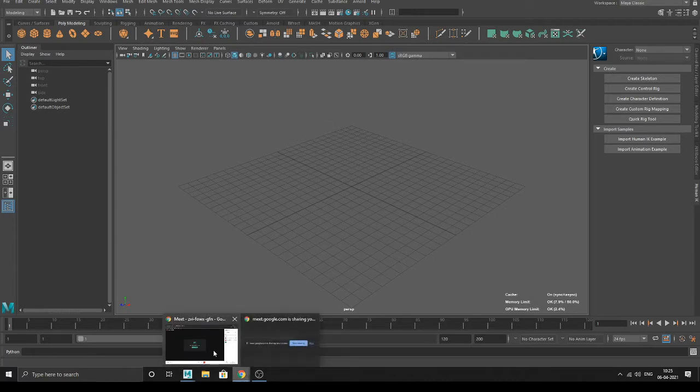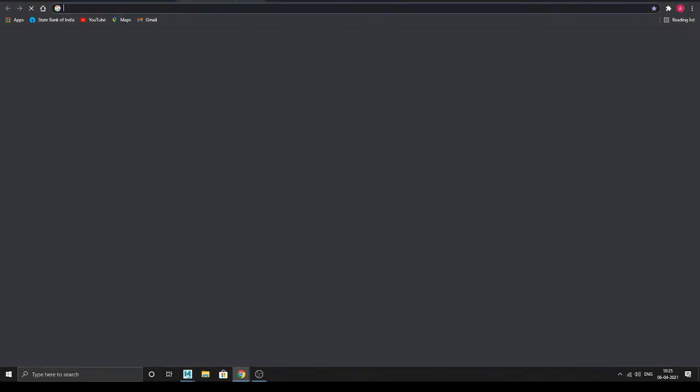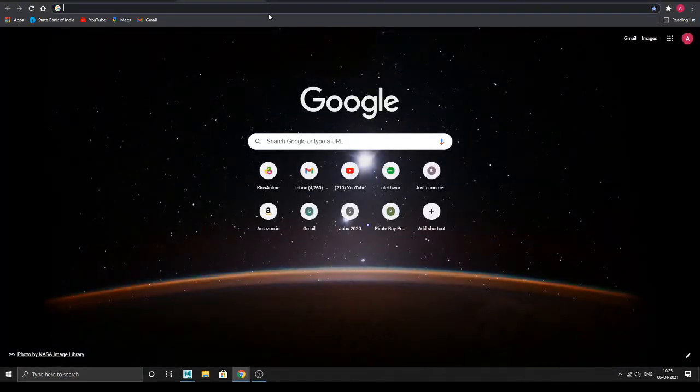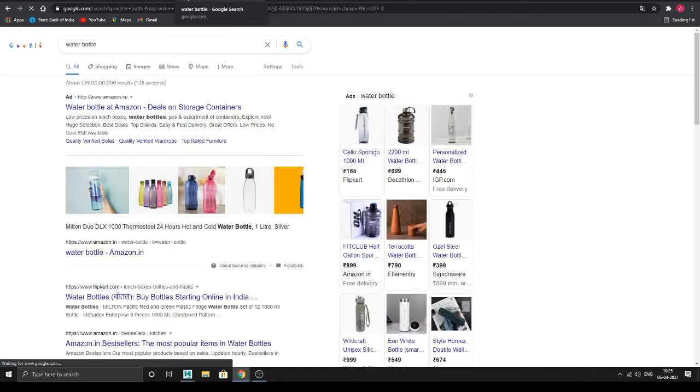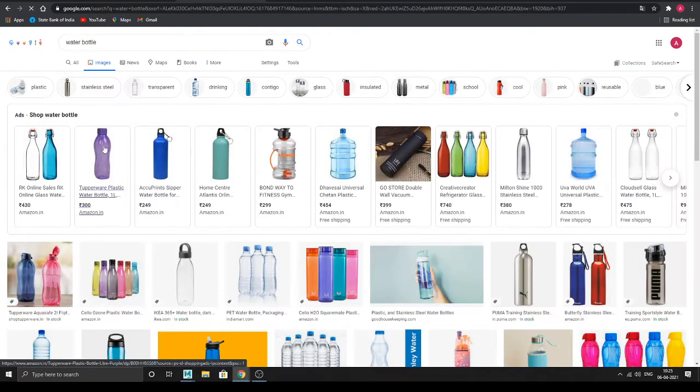So for today we'll start modeling something. We'll take the easiest thing, a model. Any model. First thing before modeling, we need a good reference of what we are modeling. You need a perfect reference from every view. Then only can you replicate that model, right? So whenever you are starting modeling, you need a perfect reference image of that model, so that you can model easily.